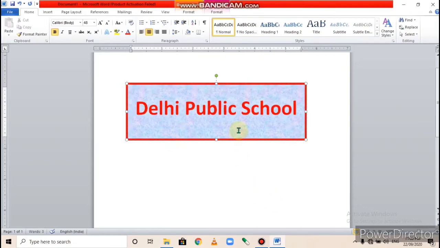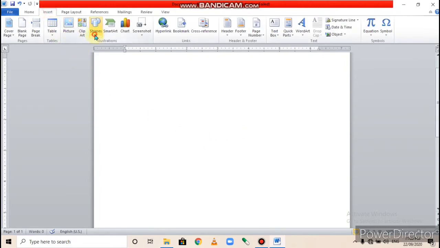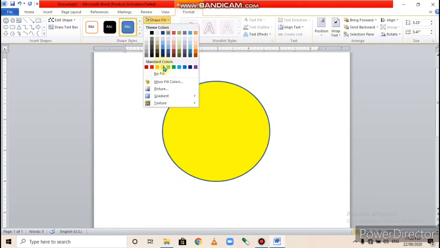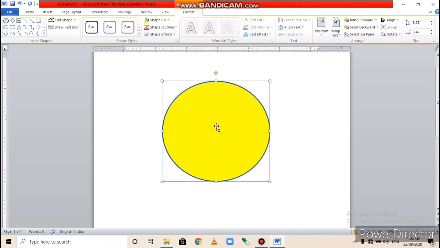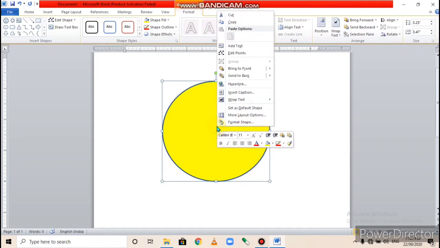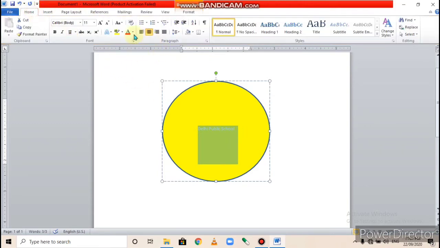I repeat once again. To insert text in the shape, first of all select the shape, then right click on the shape, then click on the add text option. After that type your text. Change the color of the text. Size also.